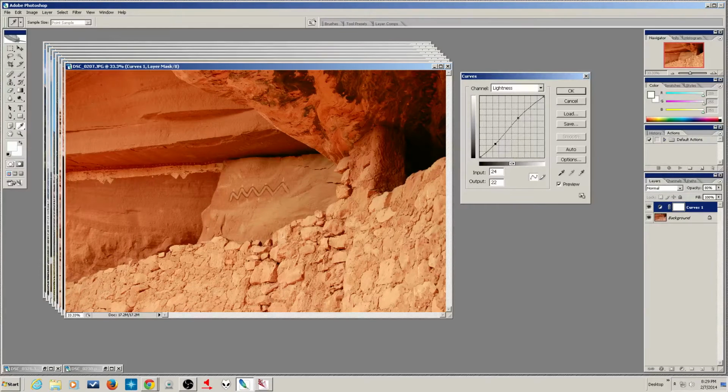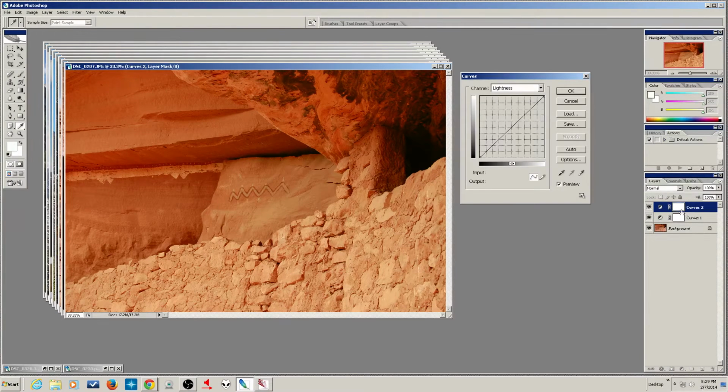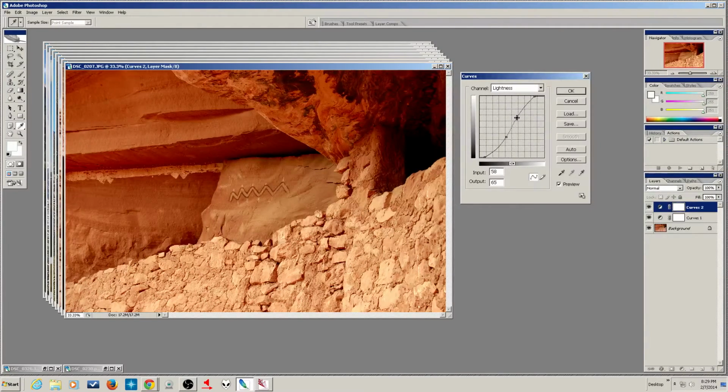So I still have that opportunity. Plus, one thing I often like to do is go ahead and add a second curves control while I'm working in LAB. Now this is a fresh curves control, so there's no curves in it at all. I can work on my lightness channel as an independent entity, and mess around with it and fool with the contrast and get in here without touching the A and B in this one,